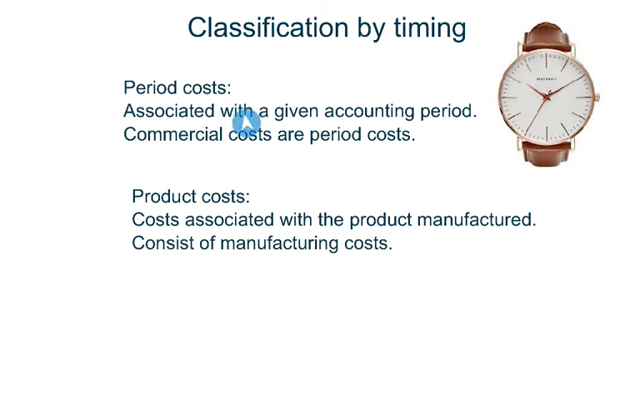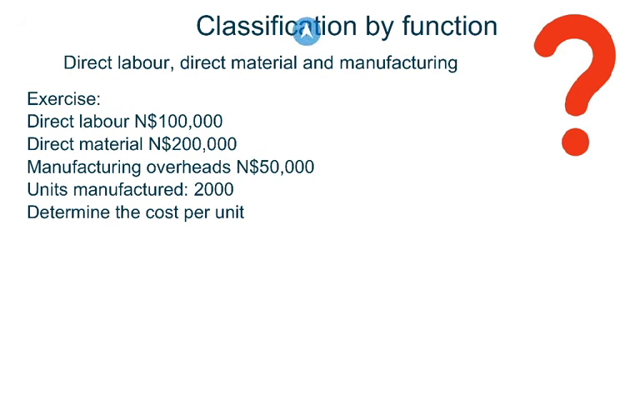So now you can see how it relates to the nature also. Period cost, normally your commercial cost. Product cost is the cost associated with the manufacturing, so those are your manufacturing cost. So in other words, product cost equals your manufacturing cost, and period cost equals your commercial cost. We can also classify the cost according to their function, and their function can be direct labor, direct material, and